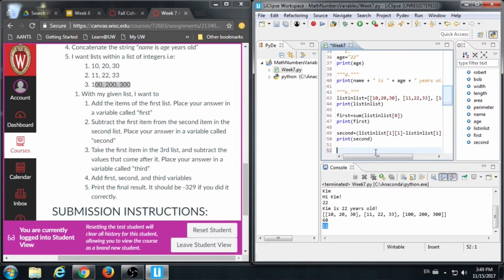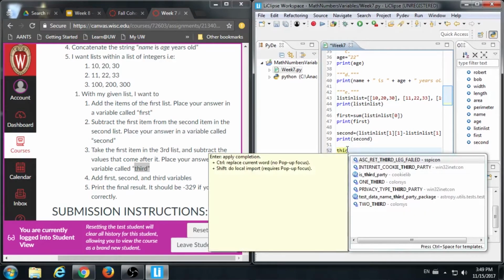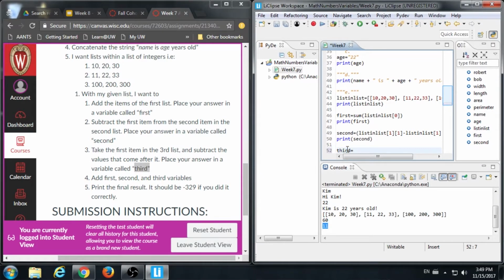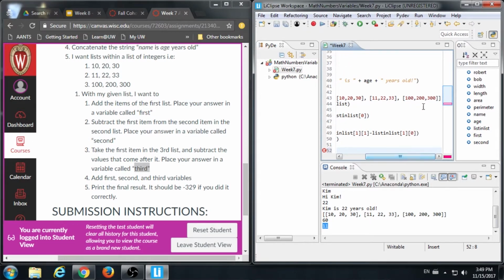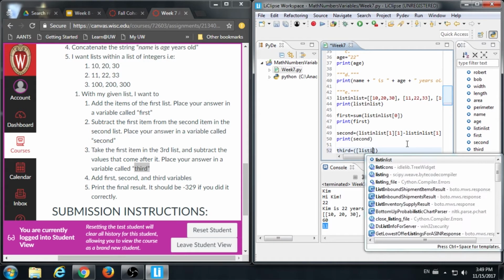Last part is for third. Just kidding, we have 2 more parts. Got a little excited. Last one is take the first item in the third list and subtract the values that come after it. Put it in something called third. Third is equal to, this is long. Okay, so we have third. We are going to take this number, 100, and we're going to subtract 200 from it. We're going to subtract 300 from it. Yay. So we have our list in list